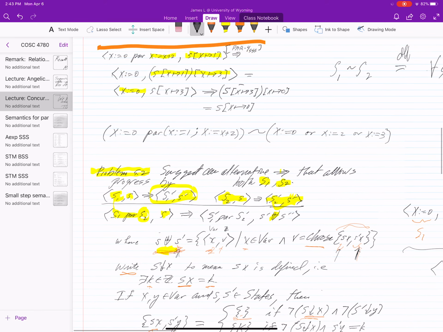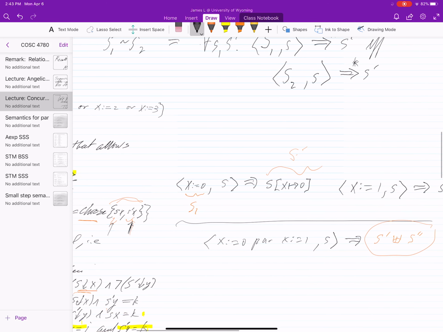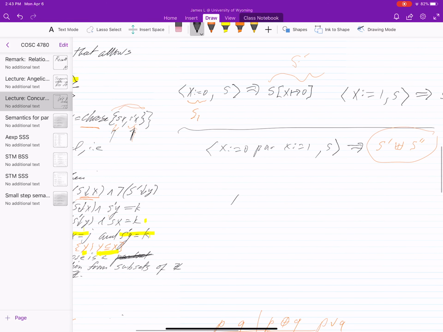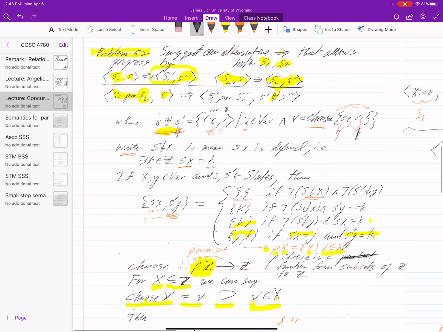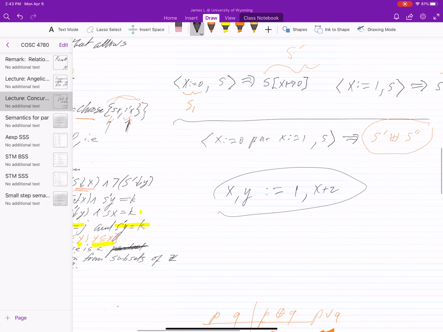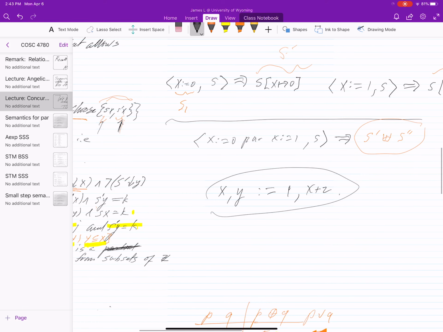What if we had some kind of notation that looked like X comma Y gets the value of 1 comma X plus 2. We could have some kind of parallel assignment operator. Well, this union operator would allow you to have a program that was like this one,